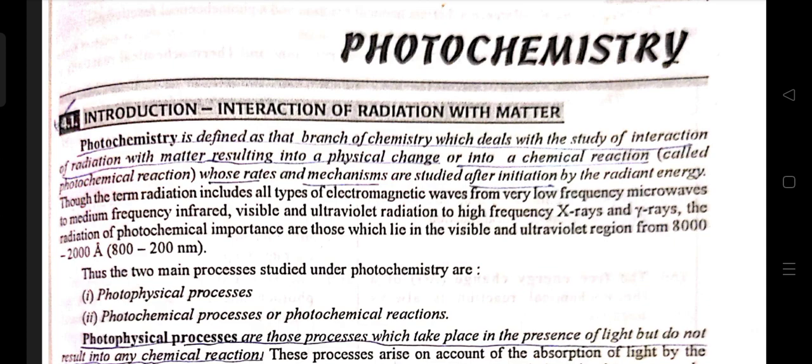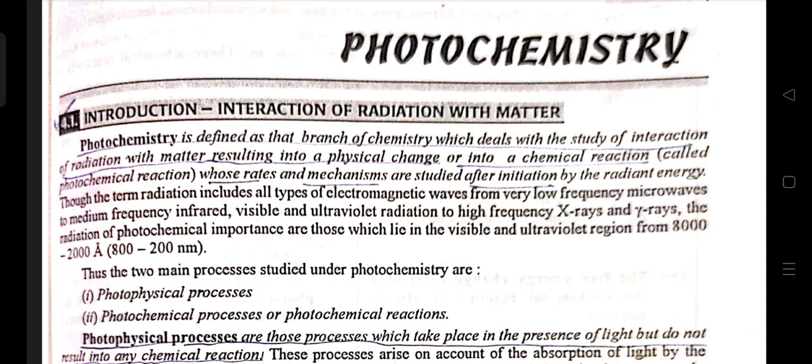Photochemistry is defined as that branch of chemistry which deals with the study of interaction of radiation with matter, resulting in a physical change or a chemical reaction called a photochemical reaction, whose rates and mechanisms are studied after initiation